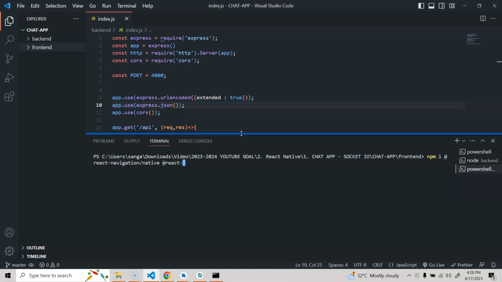We also have to use the native stack package. So for this one, we have to do React navigation/native stack. We also have to install this React native safe area context. We will also install React native screens,